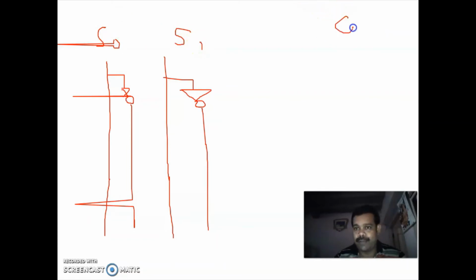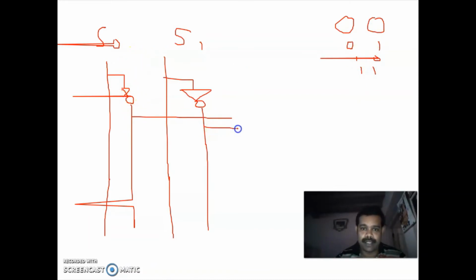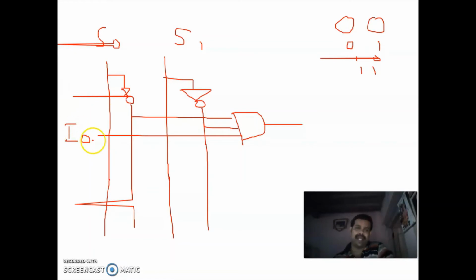If you are having two variables, then you'll be having four combinations: 0 0, 0 1, 1 0, 1 1. So 0 0 means S naught bar S1 bar. For this you give the input I naught. You can take it as I naught or D naught, no problem. The name we are giving.